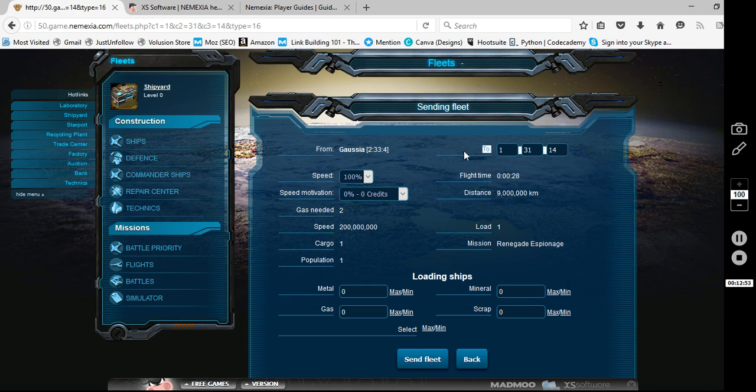Your coordinates are up here to the right. It's going from my planet. I'm going at maximum speed, and the flight time is how long it takes for my spy probe to get to the renegade fleet. It's going to take 28 seconds, and so here I would send the fleet,